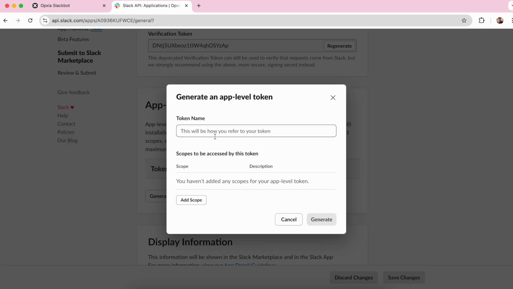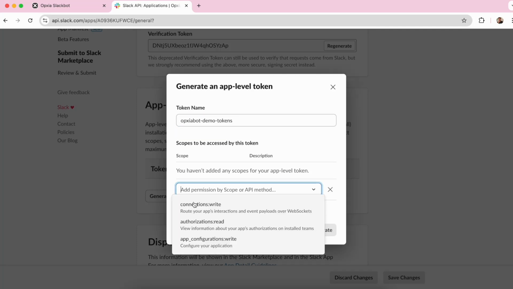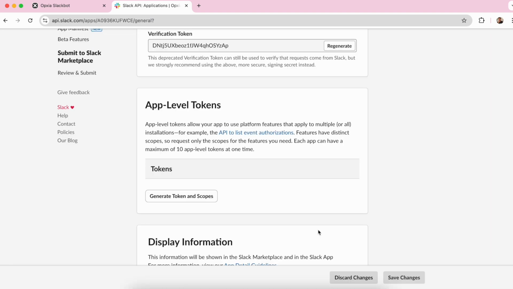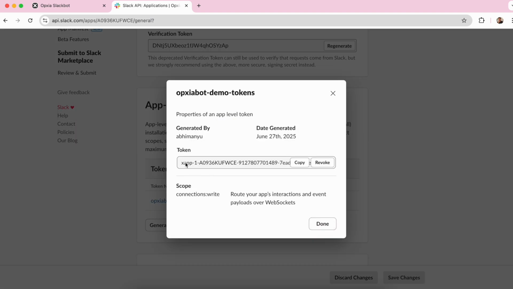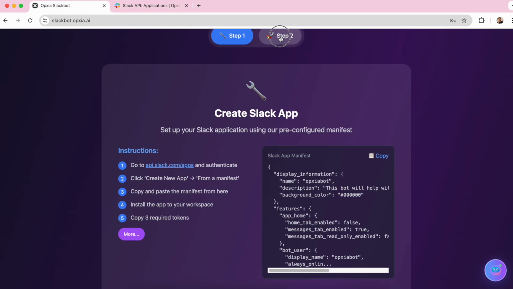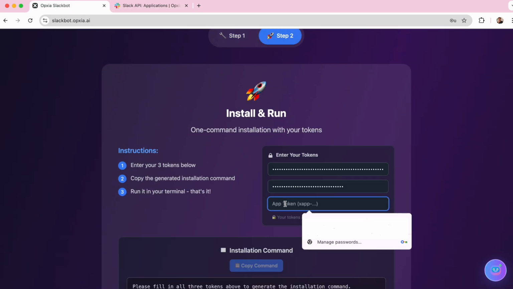Click on generate tokens, give the token name as OpxiaBot demo tokens. Click on add scope, connections write and generate. This will generate a token for you. Copy this token, click on done, come back here, step 2, paste your